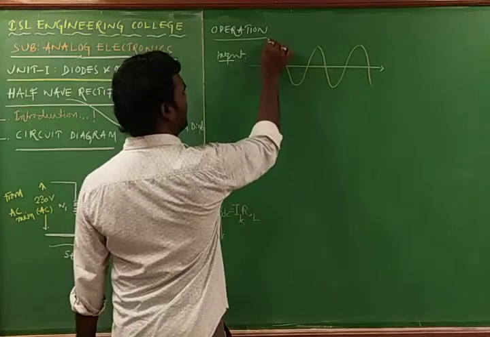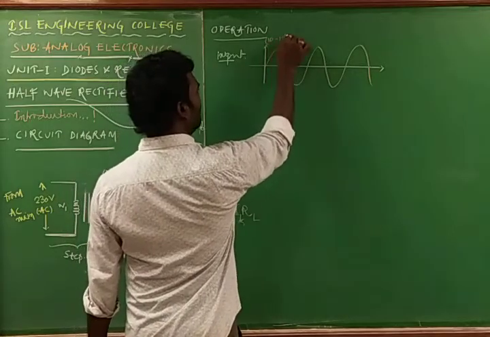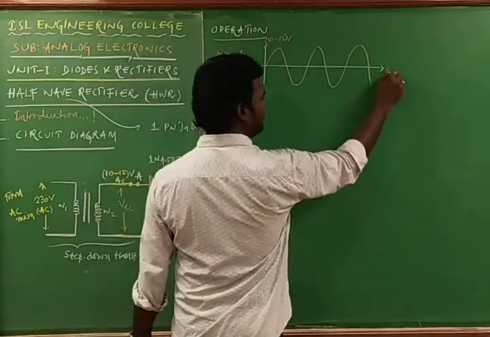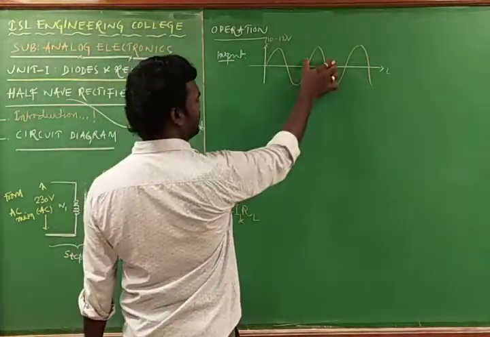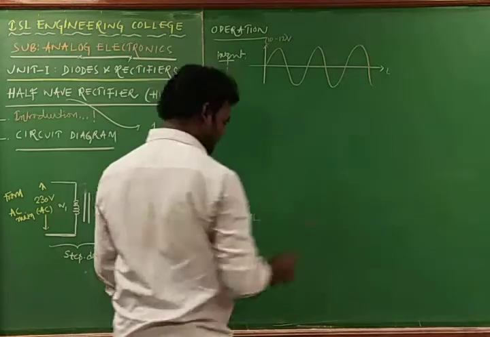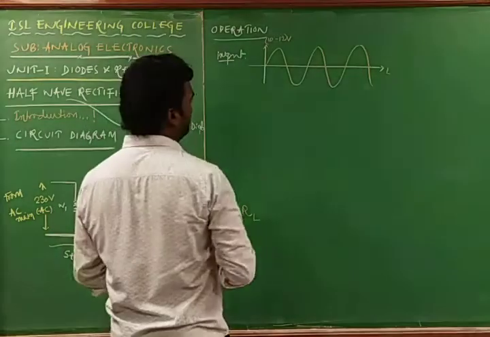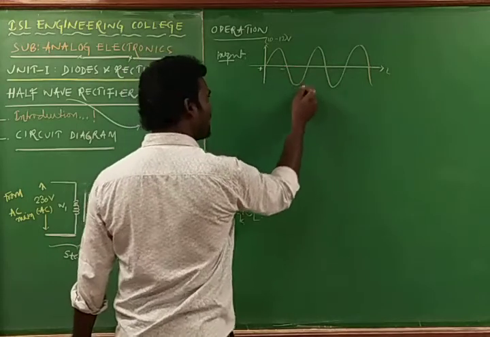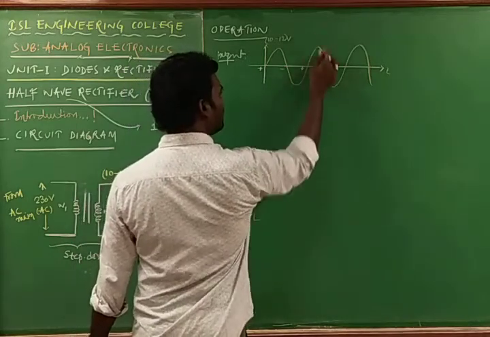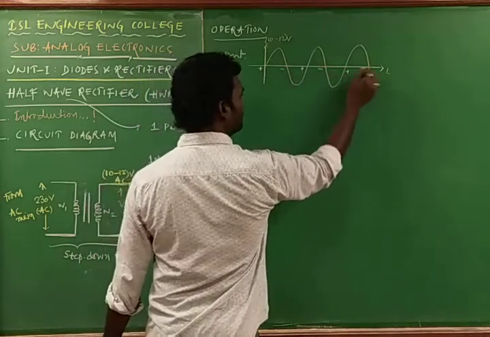This is about 10 to 12 volts of AC, and it is time. This is positive half cycle, negative half cycle, positive half cycle, negative. We can identify the polarities. This is positive and it is moving towards the negative. This is negative moving towards the positive. This is negative, positive, negative.